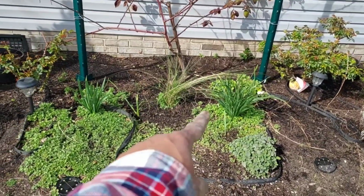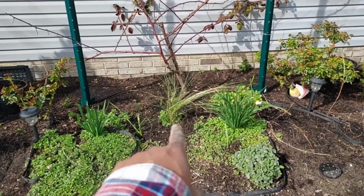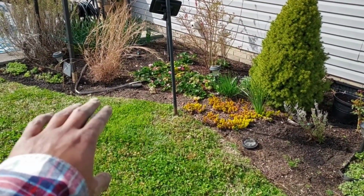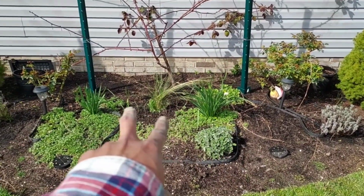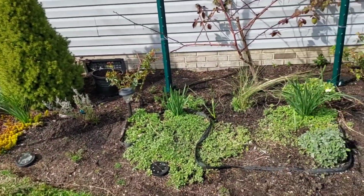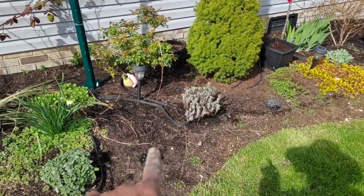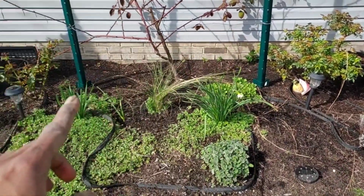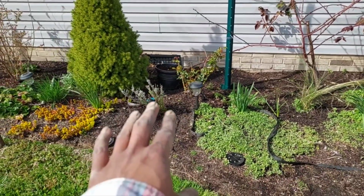As you can see, got a nice little space right there. I took the smaller grass and moved it here, and as you just saw, the big grass is over there now. So I took the big grass, some of the mums, shifted them over there. I think you did see this. So this was the first lavender I moved. I just shifted it over from like in here somewhere to over there. And I shifted that one over so that they're kind of in this space